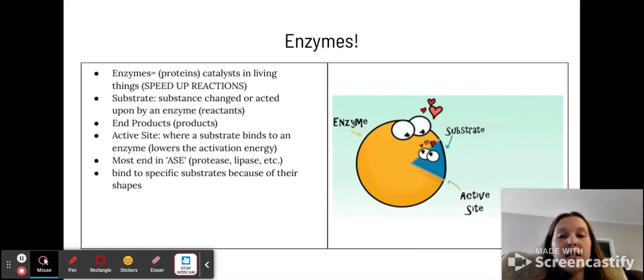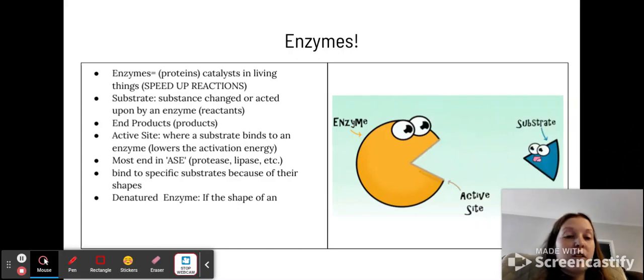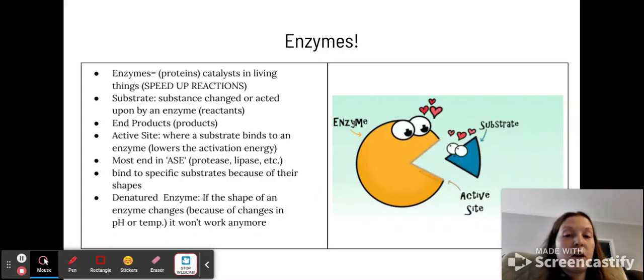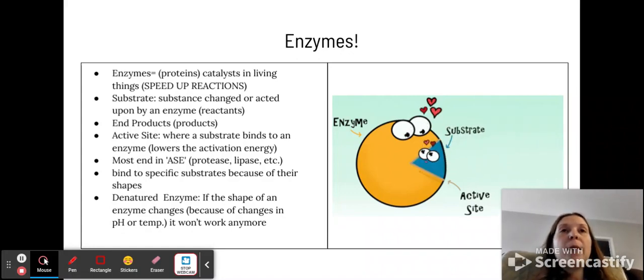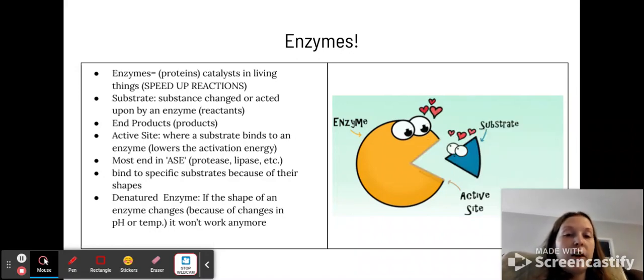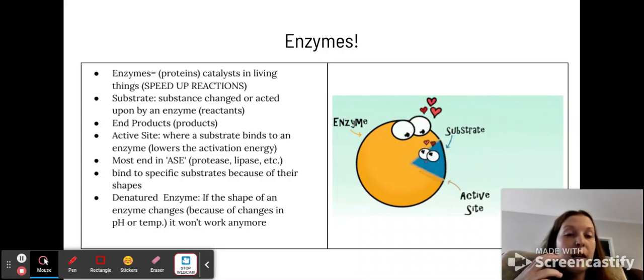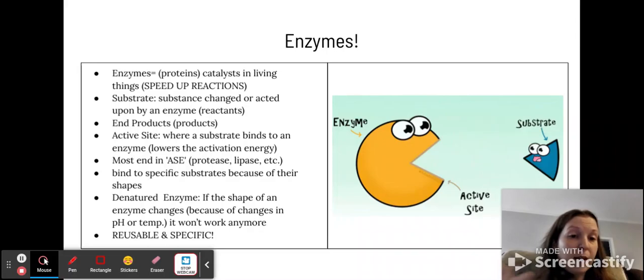And then they bind, like I said, to specific substrates because of their shapes at the active sites. A denatured enzyme means that the shape of the active site or the enzyme itself has changed because of changes in pH or temperature. And when this happens, your enzyme does not work anymore. So it will keep your substrates from binding, which means they become ineffective. These are very pH and temperature sensitive. So the enzymes in your mouth would become denatured if they move to your stomach because the pH is different. Sometimes you'll denature enzymes when you get a fever and you have a fever for a long time. That's why it takes a long time for